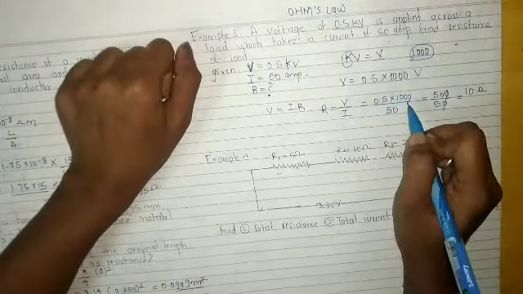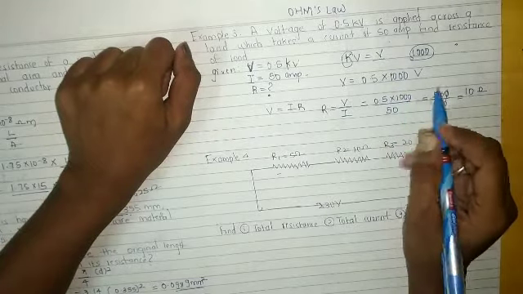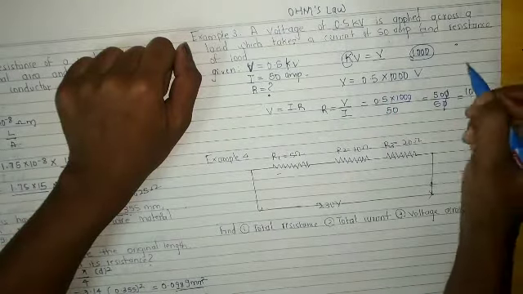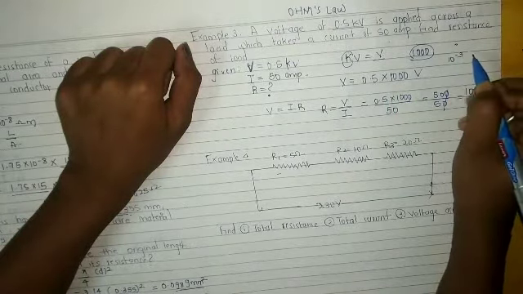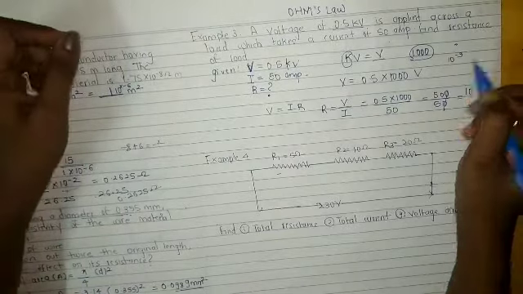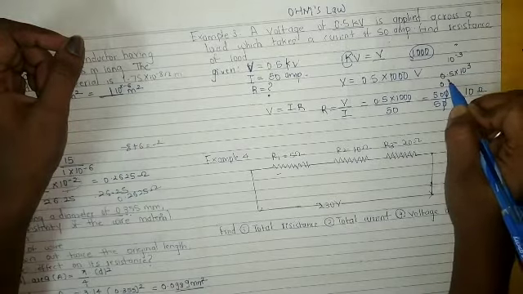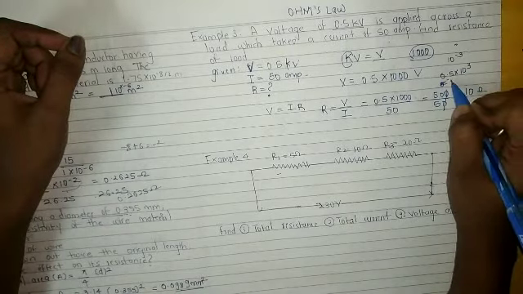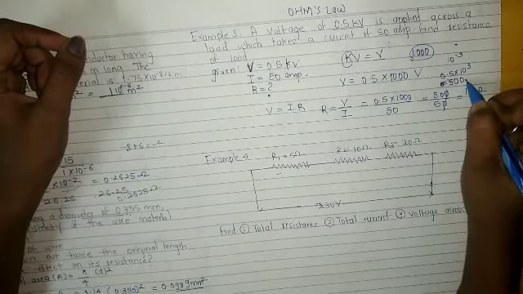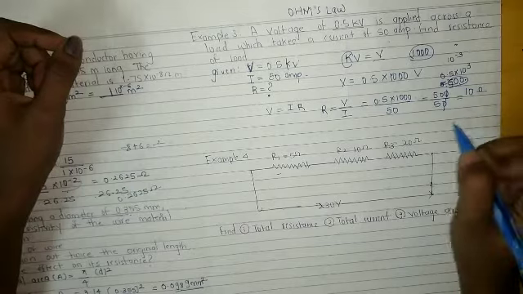So now I hope you know this rule. If we have to multiply by a positive power, that means we have to shift the point towards the right side, but if the value is 10 raised to minus 3 or something, then we have to shift the point towards the left. Okay, so now here it is 0.5 into 10 raised to 3. So this point will be shifted 3 times. So this is the 5. This point will come here, 0, 1, 2 and 3. Here will be our point shifted from here, 1, 2, 3. Okay, so this is 500 and this is our